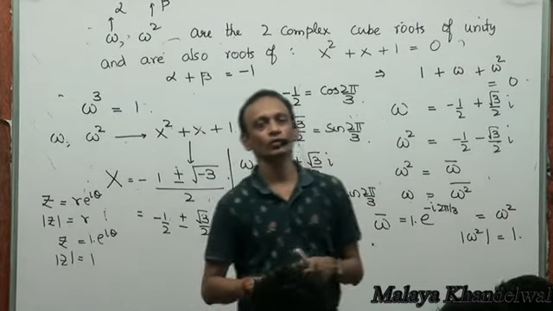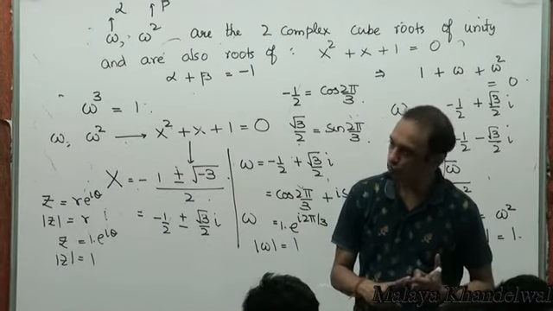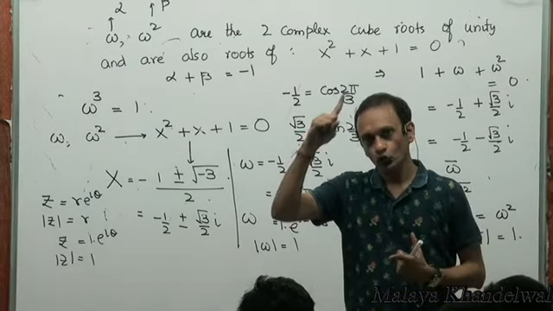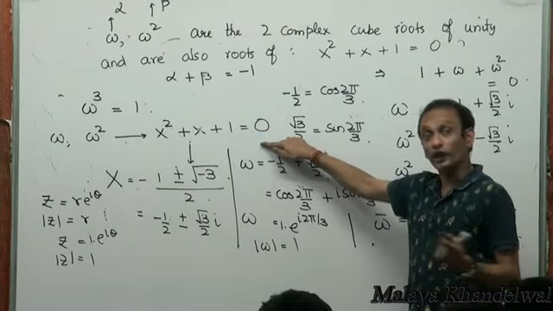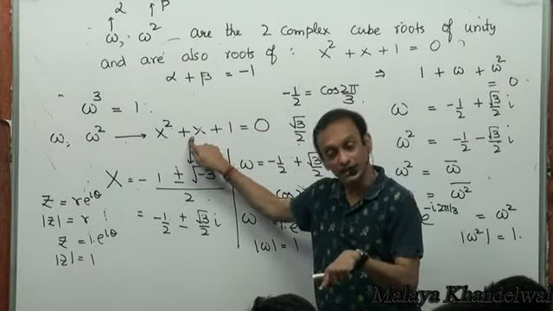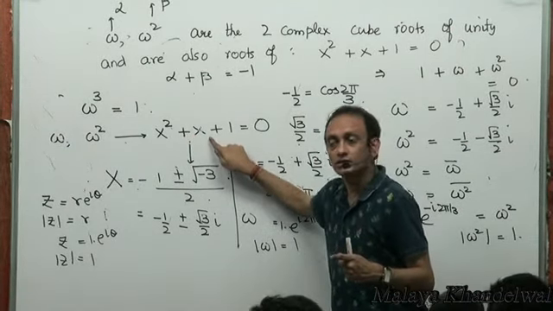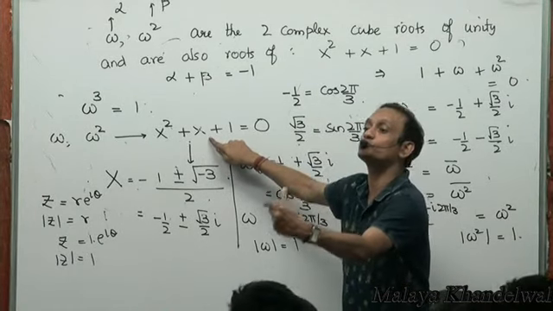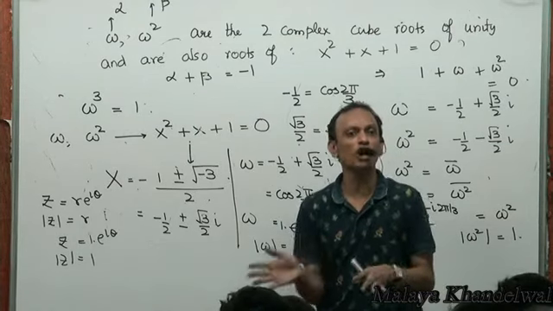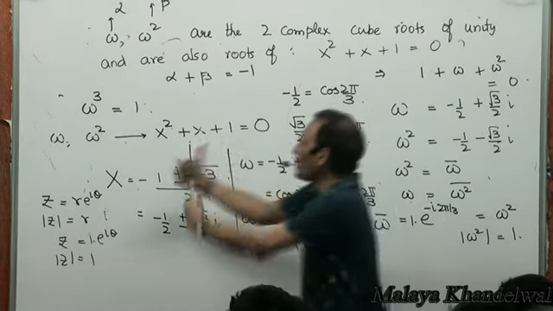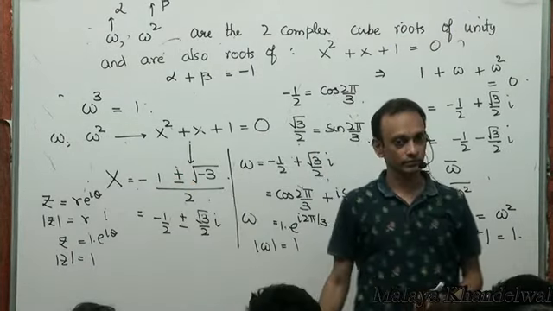So, there are 3 cube roots of unity. There is one cube root of unity which is real, which is 1. The other 2 cube roots of unity are roots of this quadratic. They are complex because the discriminant of this quadratic is less than 0. If alpha and beta are the 2 complex roots of this equation, they are the 2 complex cube roots of unity. And we have figured out that alpha and beta are squares of each other. So if one of the complex cube roots of unity is omega, then the other one must be omega square.